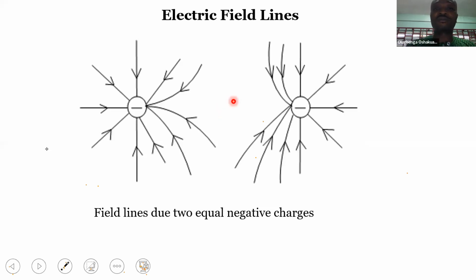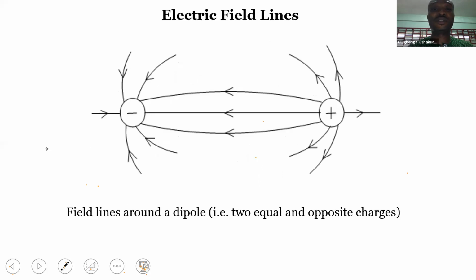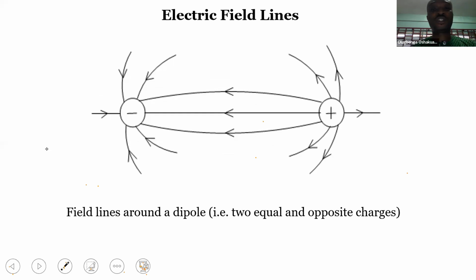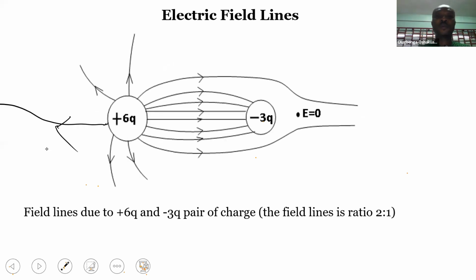If you put a positive charge here, ideally, it will not move because it is not experiencing any force there. There are no lines there. And in this scenario, you would expect the positive charge to move in this direction and all around. So in this diagram, they show two equal and opposite charges, but in this diagram, it's showing